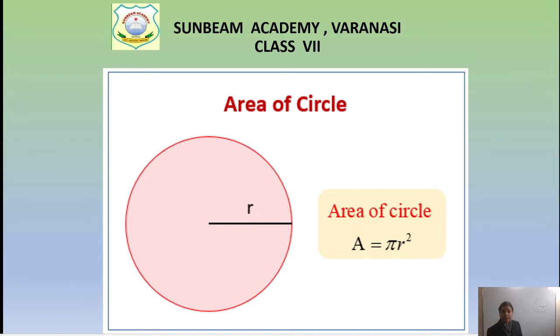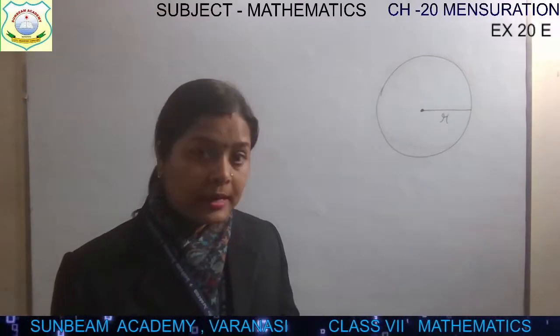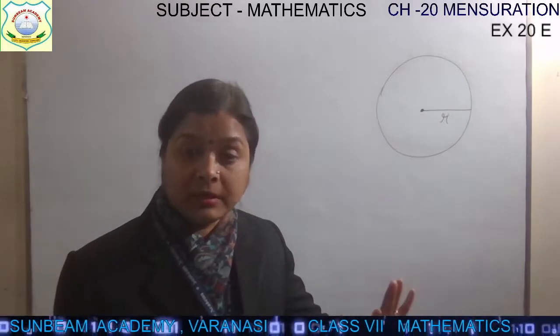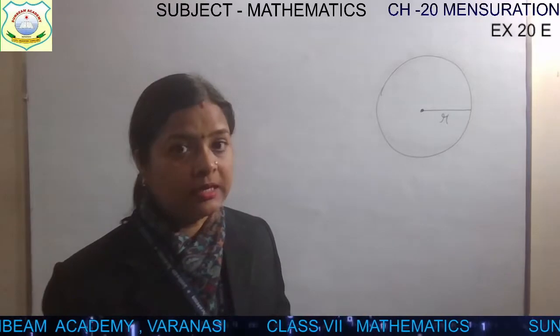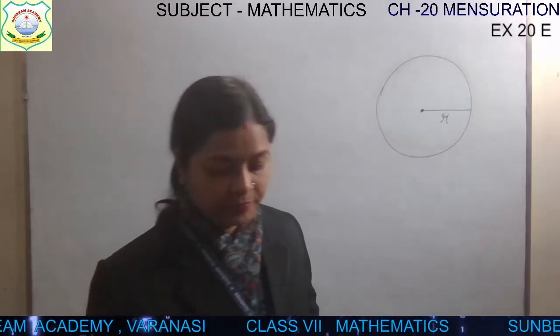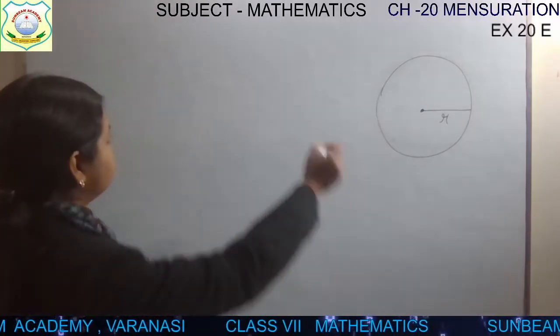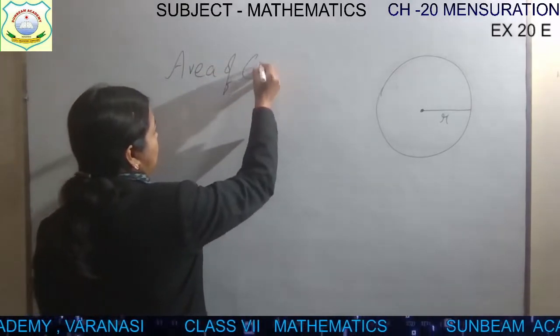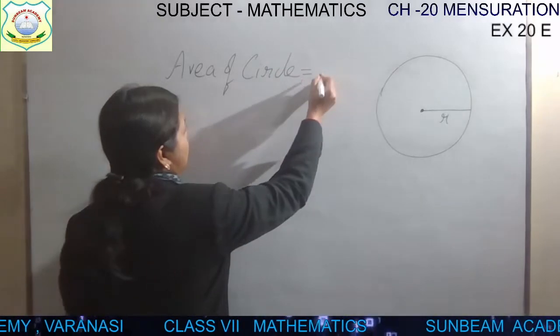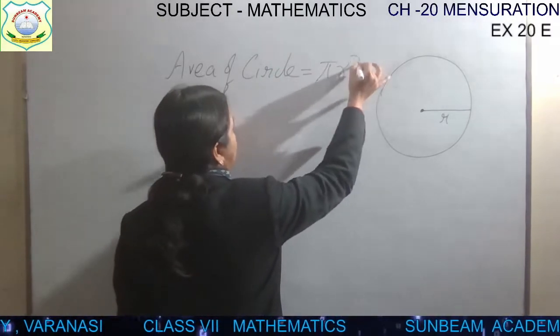And if you see the circumference, we will not say perimeter, we will say circumference. So the circumference of a circle is 2 pi r. So let's start with the formulas. Area of circle is pi r square,